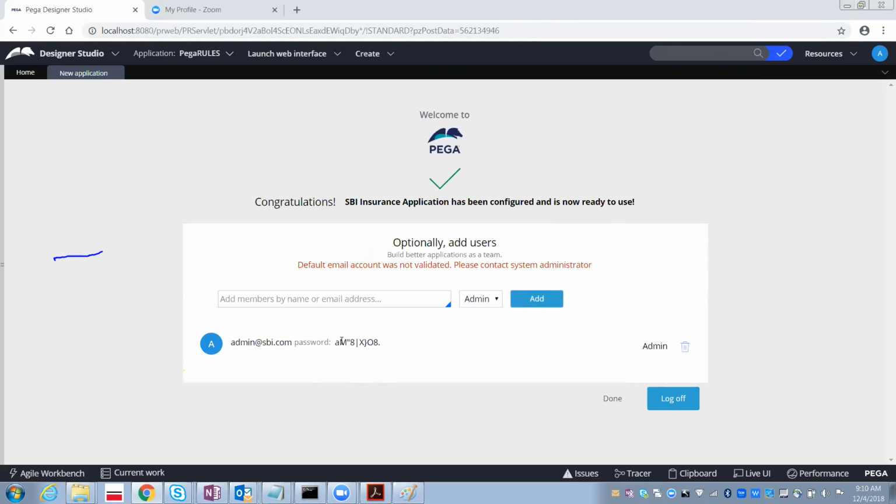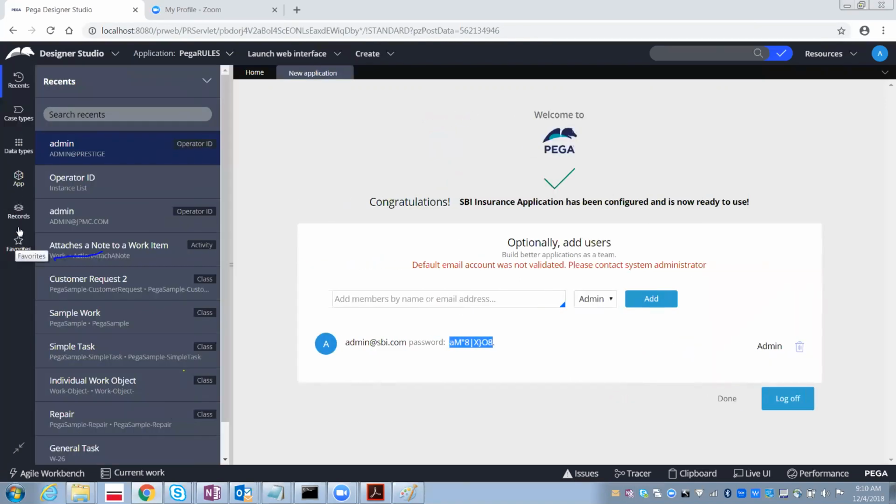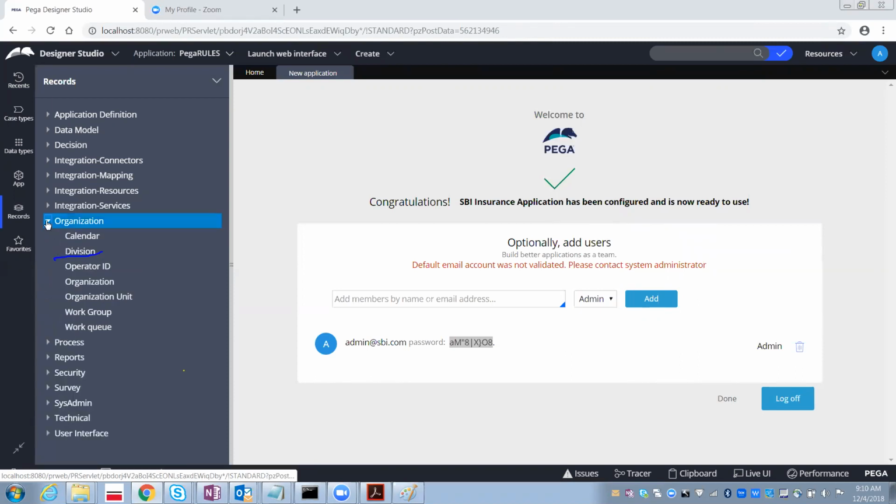In case you want to see this operator ID and change the password, how can you change it? Go to the records explorer. Under the organization category, you will have something called operator ID.